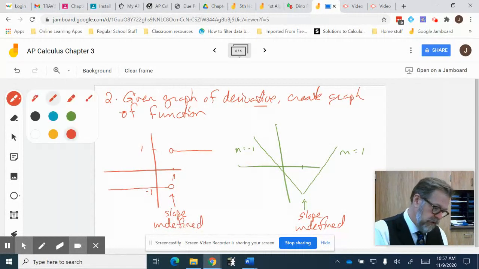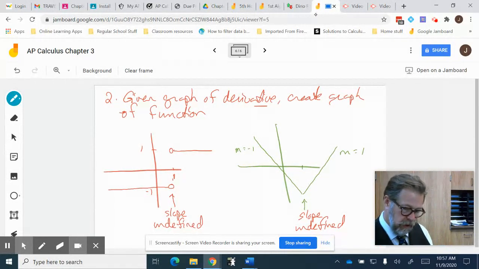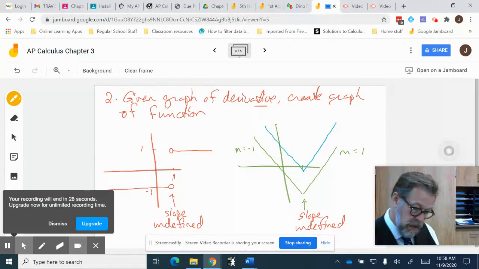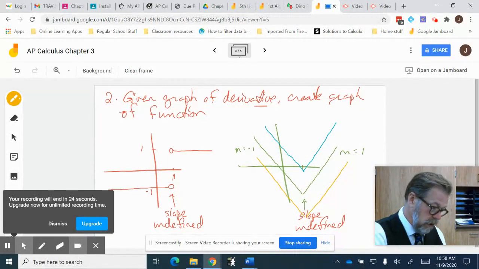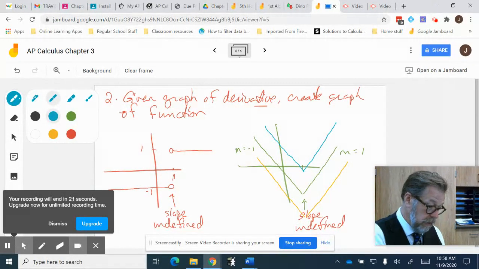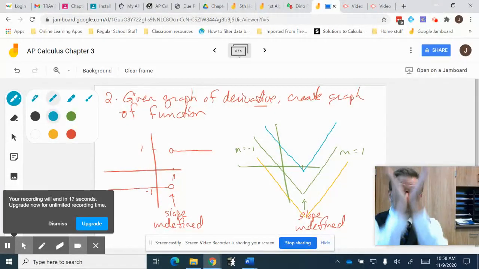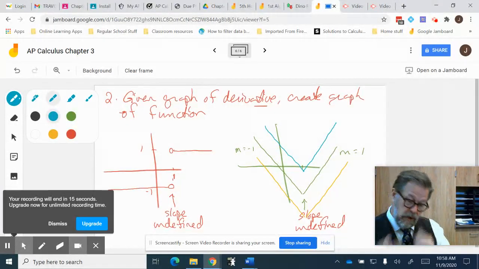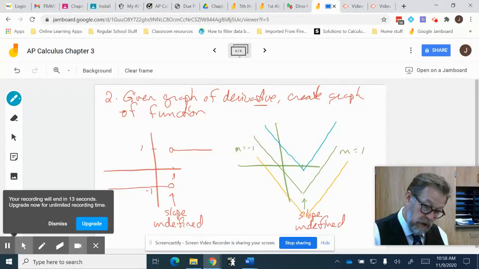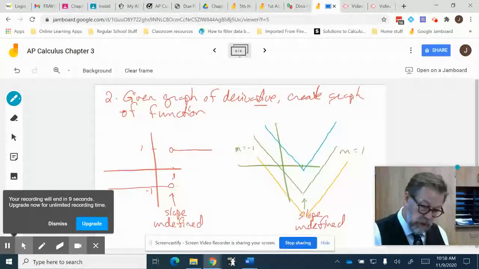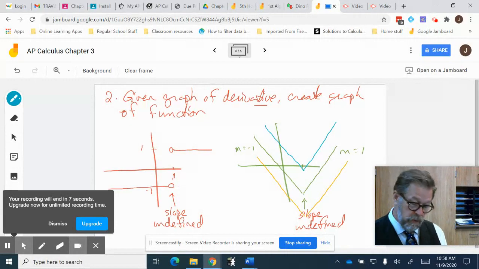Now, does that have to be the graph? Well, not necessarily. I mean, it could look like that, or it could look like this, or it could look like, well, I think you get the point, it could look like anything shifted up or down as long as the slope is undefined right here at x equals 1, and as long as it has a slope of -1 there and a slope of +1 over